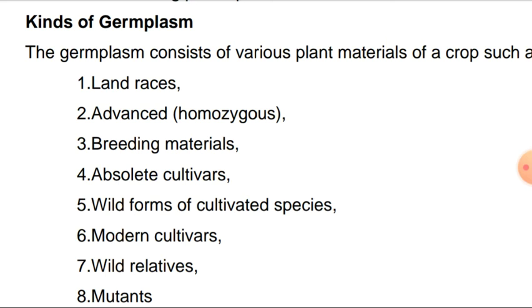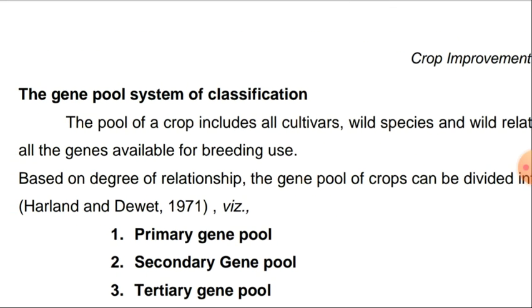Mutants are used, with the help of mutagenic breeding, to improve an oligogenic defective character in any one variety. So we can go for physical mutations or chemical mutations for the improvement of an oligogenic defect in that particular popular variety. So these are the various kinds of germplasm.